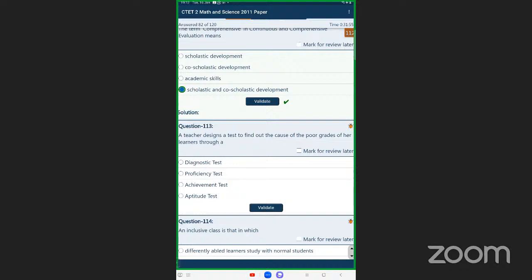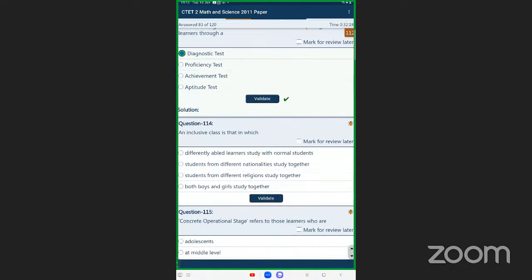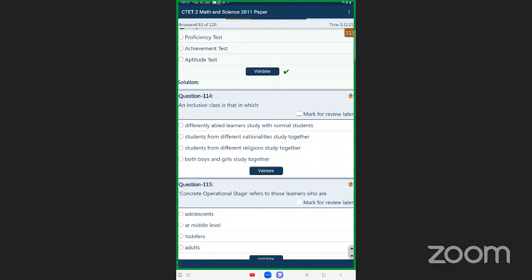Next one, you see, student. A teacher designs a test to find out the cause of the poor grades of a learner through a what, student? Proficiency test. This is not correct, student. It can be the diagnostic test. A teacher designs a test to find out the cause of the poor grades of her learners through the diagnostic test. Next one, an inclusive class is that in which, student,